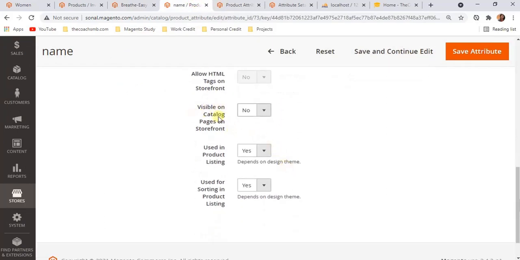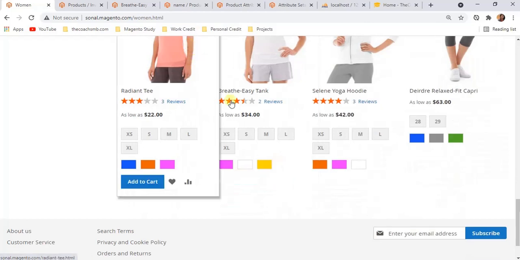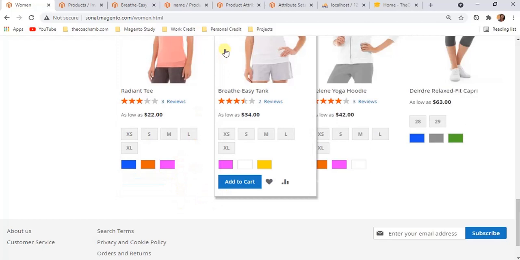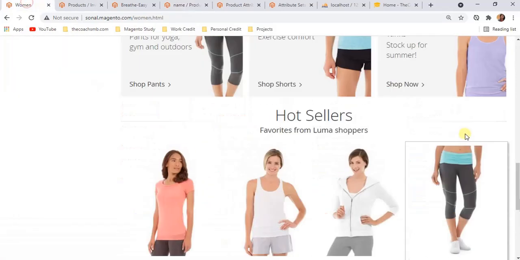Visible on catalog pages on storefront. Here is the list, and this is a catalog page. If we select yes, then that attribute's value will appear here. Then used in product listing, of course the same, depending on our design. Used for sorting, and here are the sorting options.